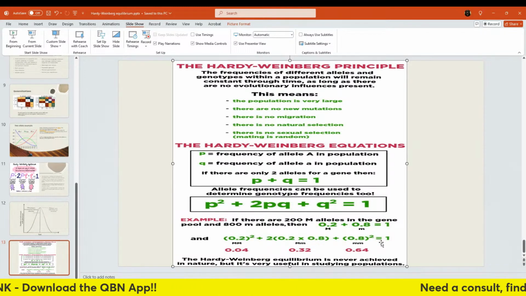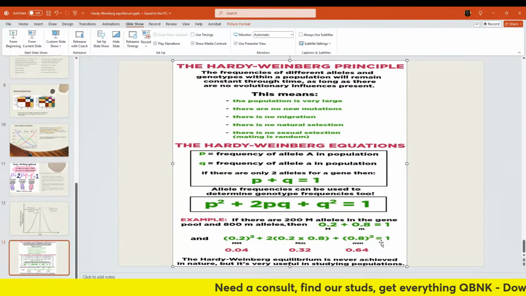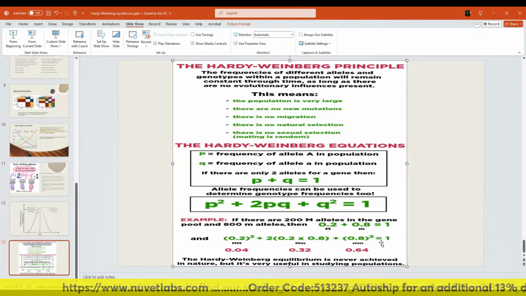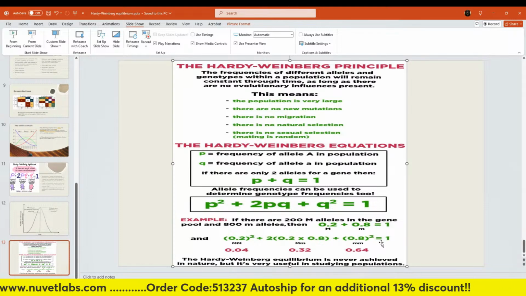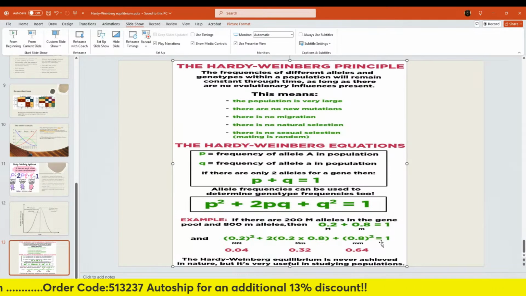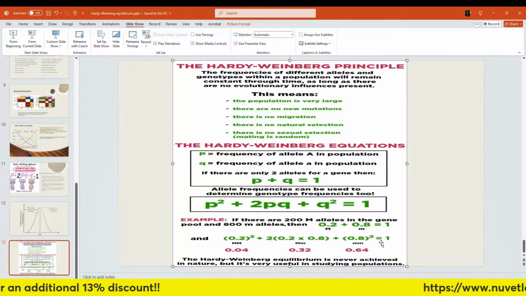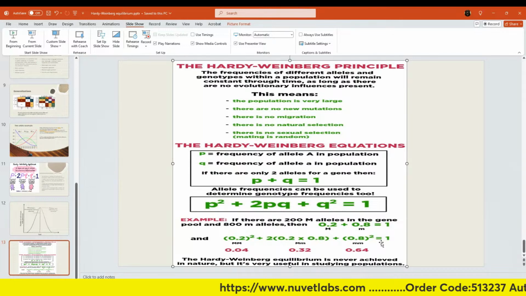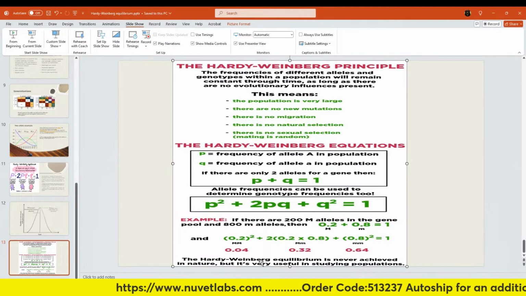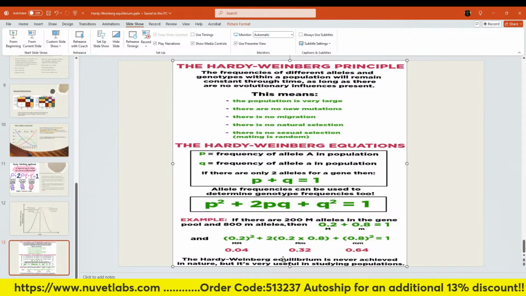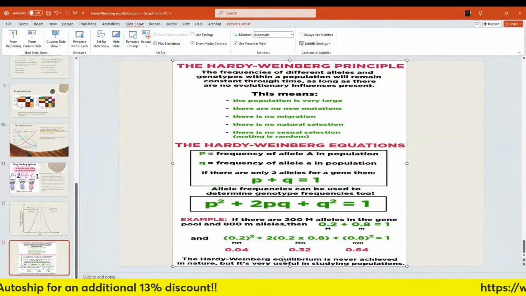This would be, for example, useful to calculate, let's say you have color blindness in a man, right? Usually men are colorblind, not women. You could figure out the number of carriers of the gene for color blindness and figure out how to get rid of it. That would be an example where you could use this equation. Or you could use this equation to figure out how color blindness is passed. Anyhow, the Hardy-Weinberg equation assumes equilibrium is there, but in reality it's never achieved. But it's useful in studying populations. That's it. Nothing fancy.